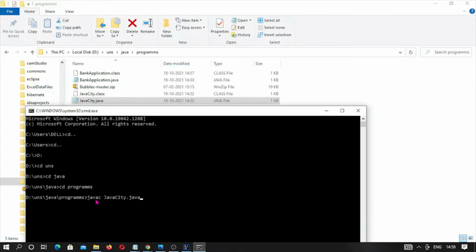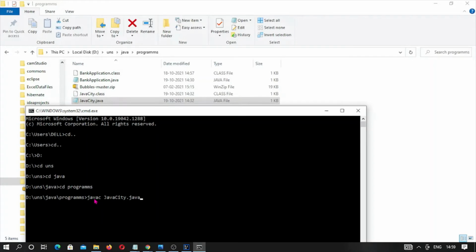This word prompts the command prompt to go to an executable file named javac, which is located in the JDK installation folder, the JDK version we have installed on our machine. In the JDK folder there is a bin folder, and under the bin folder there is javac.exe. How does the machine identify where this javac executable file is?